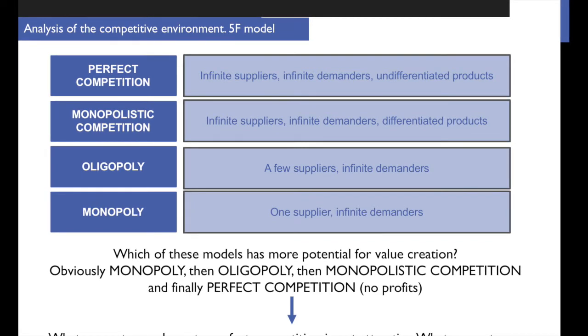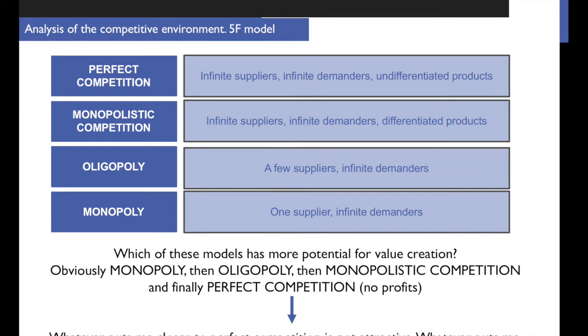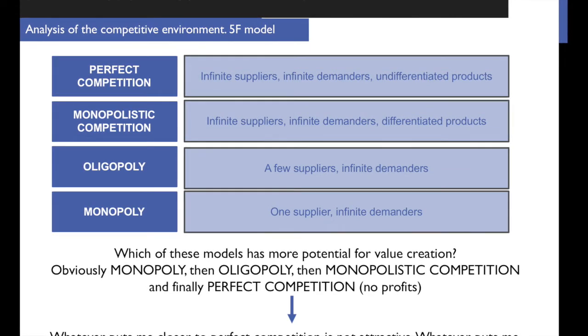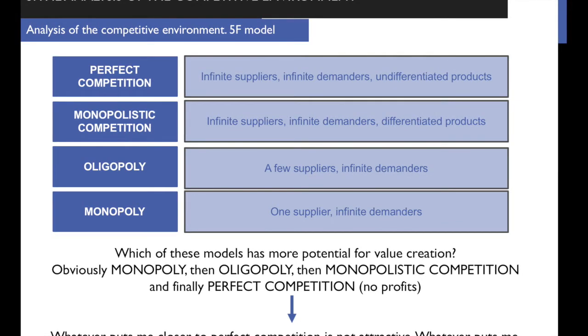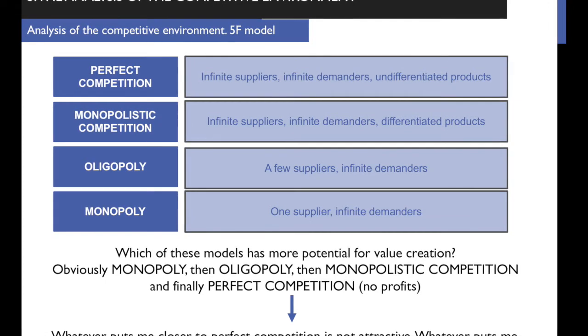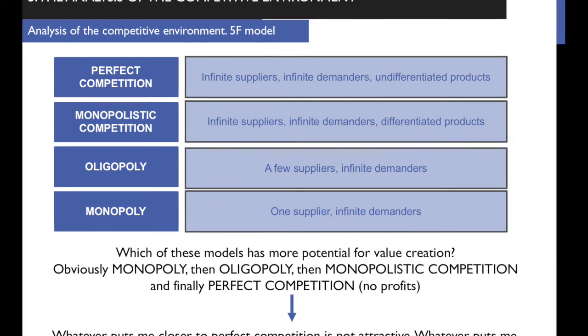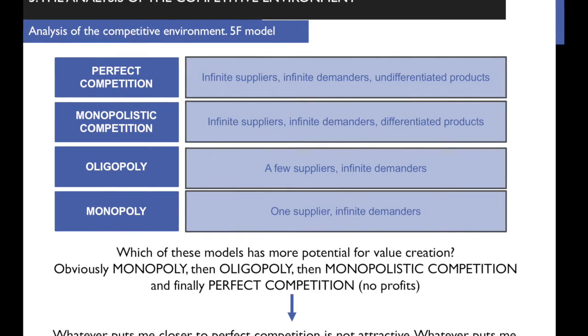A barrel of oil. Have you heard about barrels of oil? There are only three kinds of barrel of oil. There are Texas, there are of the Gulf, and there are three ones. I can't remember the third. But a Texas barrel of oil is exactly equal to another one. And somewhere in the middle, we have monopolistic competition.